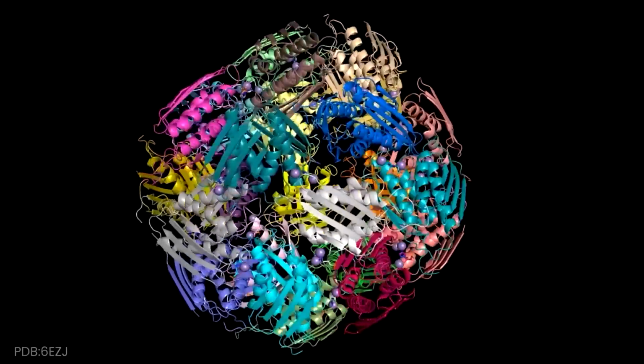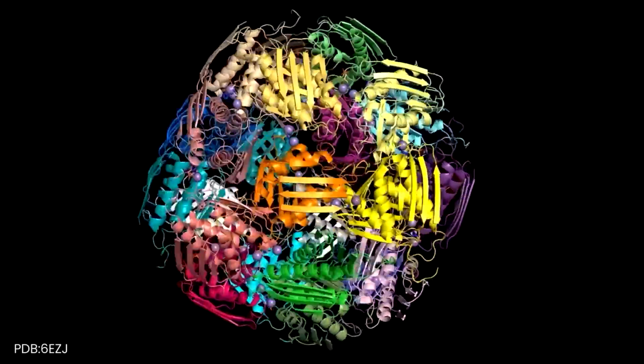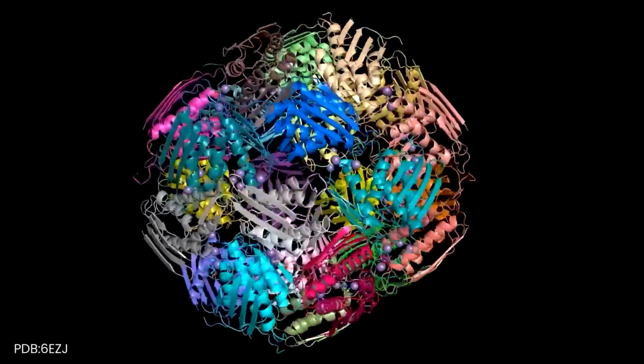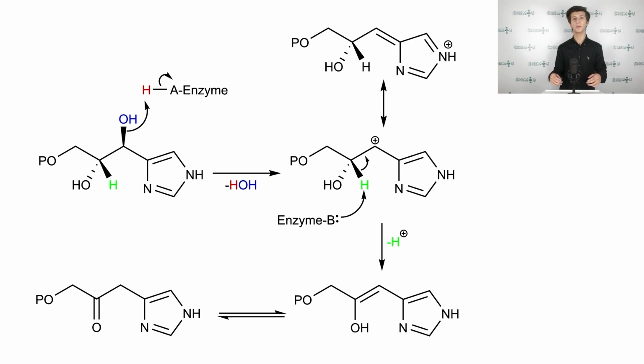Before inspecting the mechanism, let us have a look at this beautiful enzyme. It is of octahedral symmetry and contains 24 subunits and more than 33,000 atoms. You can see the mechanism of the dehydration process on the screen. During the first step, the resonance-stabilized carbocation is formed and OH leaves as hydroxide anion. It is quite an unusual situation when an OH group acts as a leaving group in the E1 mechanism.